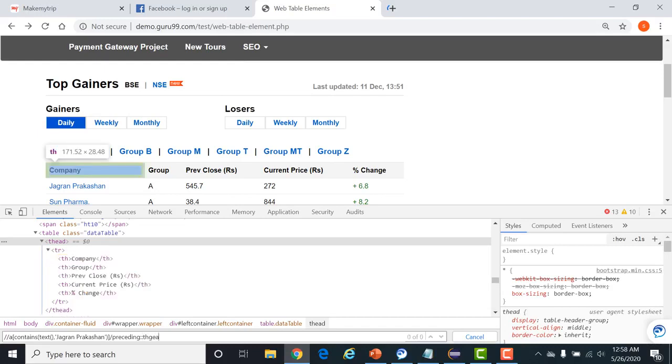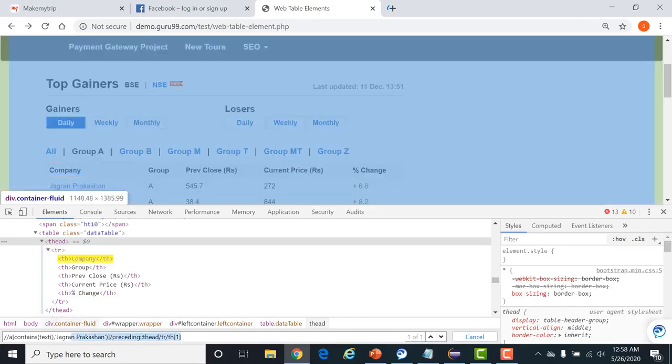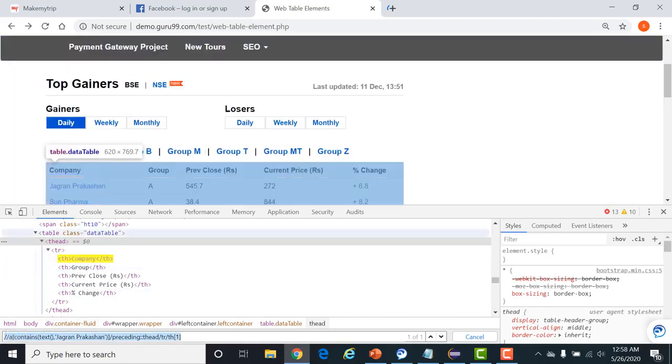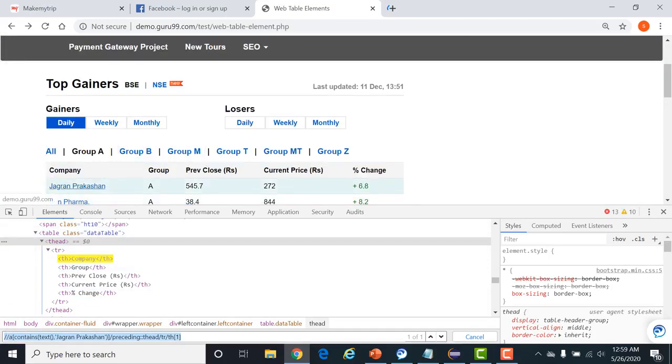We'll write thead. See, it is identifying the thead node right now. Now what is the next task? Now we want to search in the forward direction. We'll simply write tr, and inside that we want th. These are the headers, but we want to select the first one. As of now it is selecting all 5, so we'll simply write 1. Now it is selecting the header based on the input that we had.